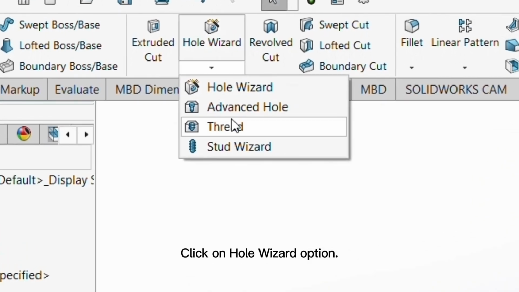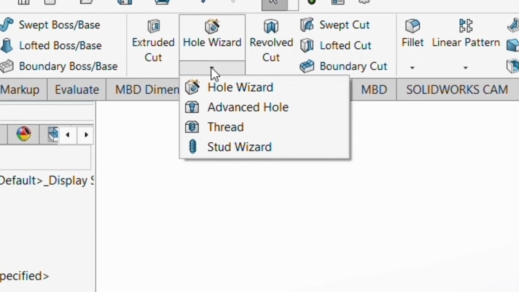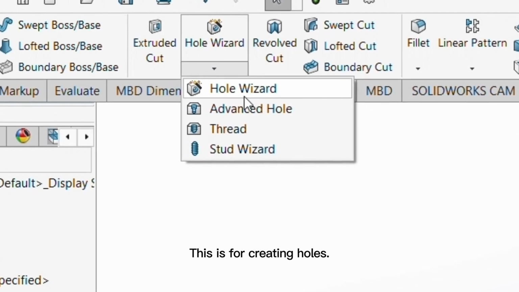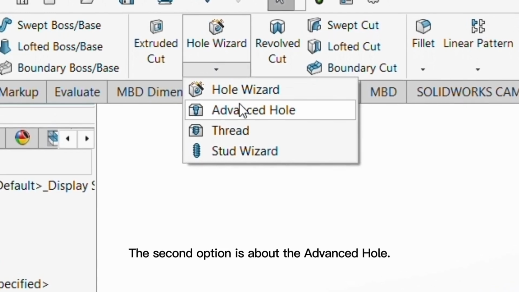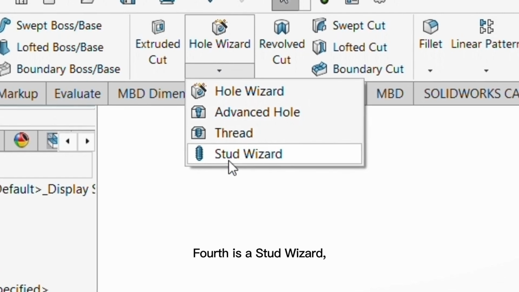Click on Hole Wizard option. Here you can see the first option as Hole Wizard. This is for creating holes. The second option is about the advanced hole. Third one is thread. Fourth is a stud wizard,